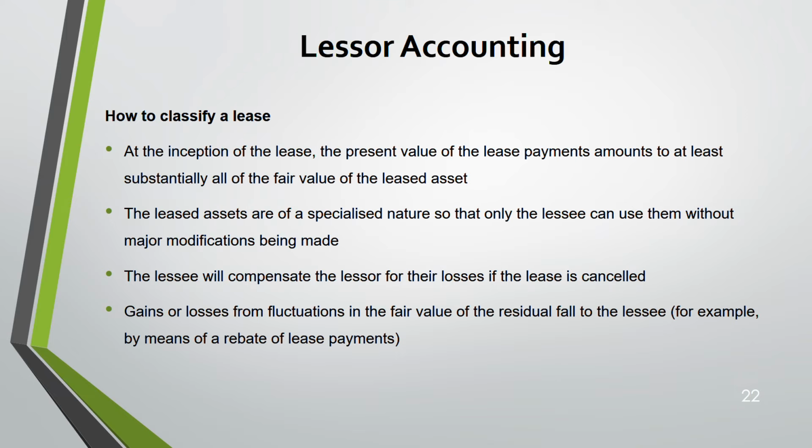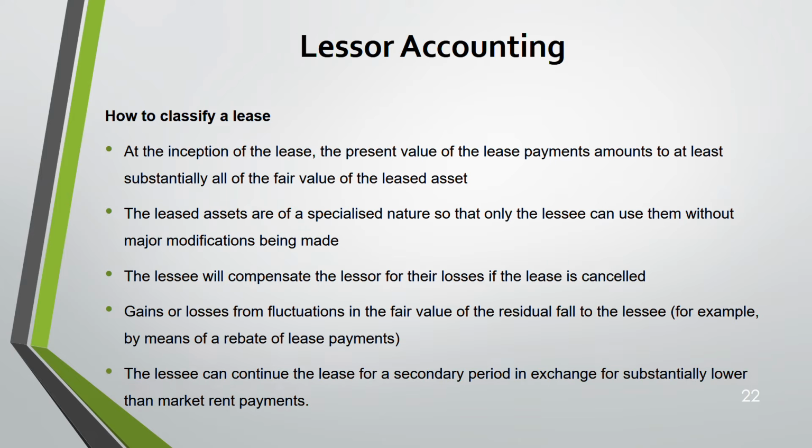The lessee. For example, by means of rebate of lease payment. So here you see risks are being borne by whom? Lessee. If there are any changes in the fair value of the asset, or if the lease gets cancelled, all these are examples of finance lease. If these are there, it's a finance lease. And the last one,